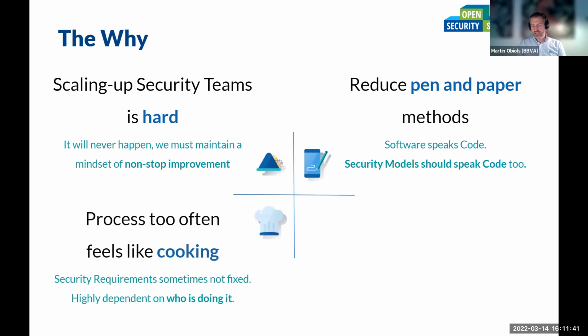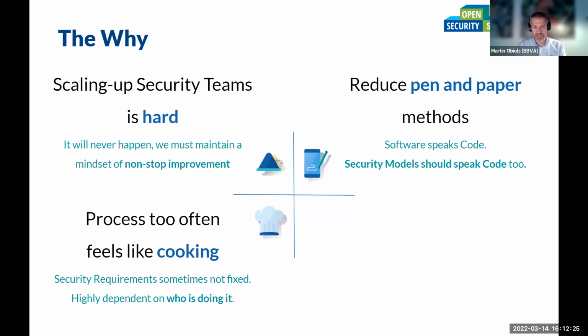The process of writing this security model was like cooking, in the sense that if you have two cooks, the final result of their work is probably going to differ because no two cooks are equal. And this applies to security architects and people that are reviewing projects for security requirements. Essentially, it heavily depends on who is actually doing it. So we wanted that to change, to make the process more homogeneous, more fixed and more standardized for the different people. So it wouldn't matter if the security model was made by a very experienced security architect or by just a new hire, who was bringing some